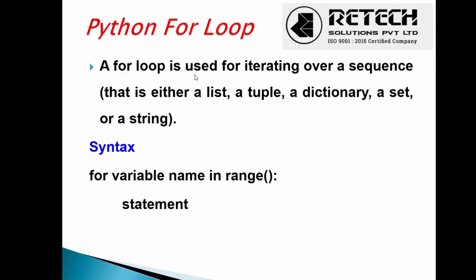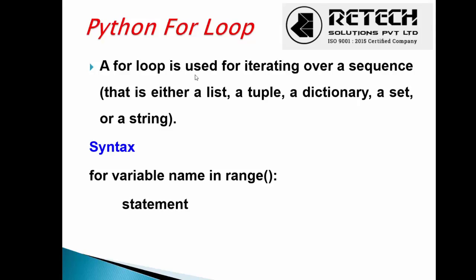Okay, the for loop is used for iterating over a sequence, that is either a list, tuple, dictionary, set, or a string. The for loop is used when we know the number of iterations. If you want to loop through a value, for example a string, or loop through a list, where we want each separate value of the list, or else loop through a range, from a particular range where we need to perform some action, we can take a for loop for that.